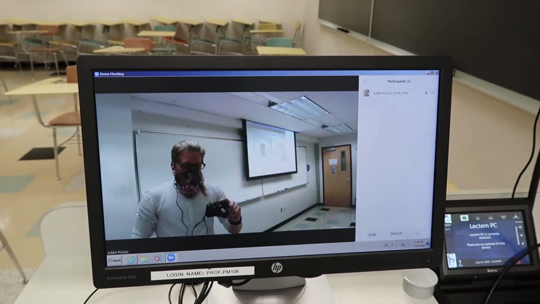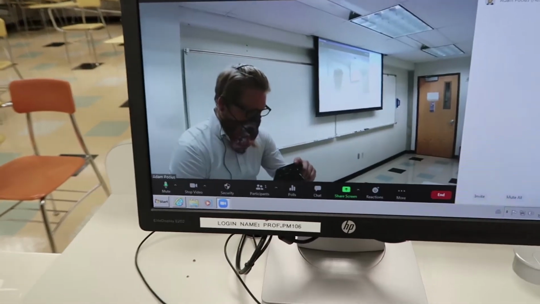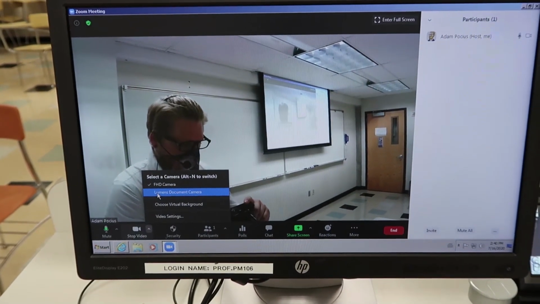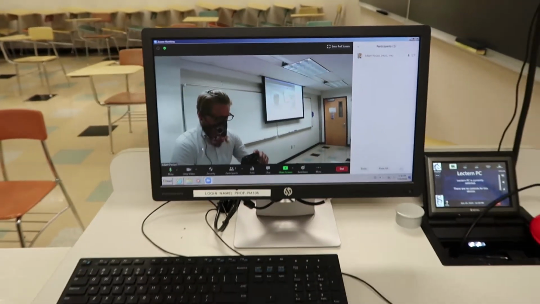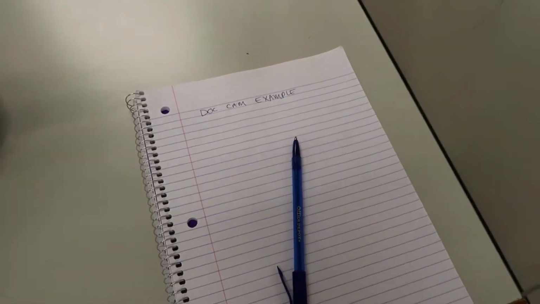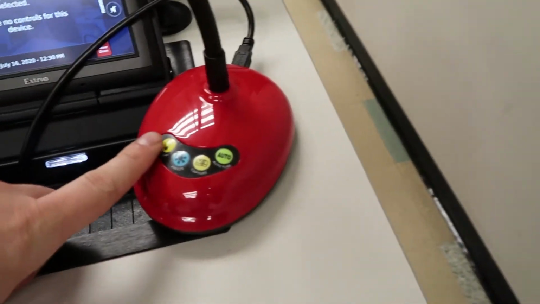If I needed to switch over to my doc cam, I'd go over here to the video, switch over to the Lumens document camera, and what's going to happen, it's going to cut over the video, and it's now going to be broadcasting exactly what I have on this sheet. Now there's some buttons over here on your doc cam. You can turn on some lights. Gets a little bit more